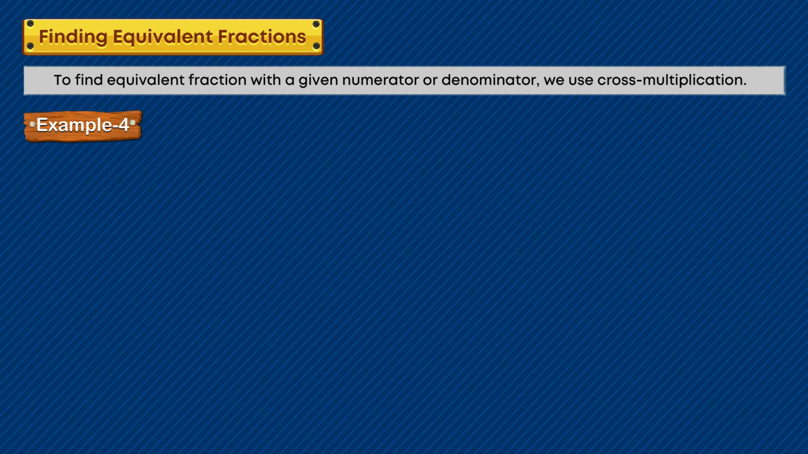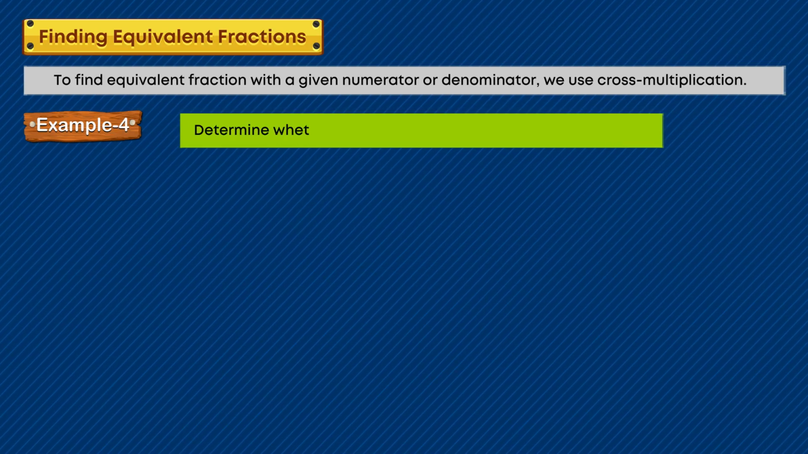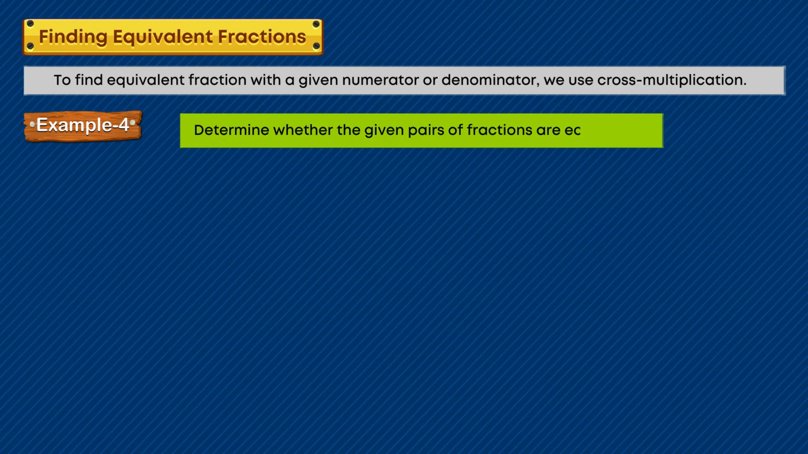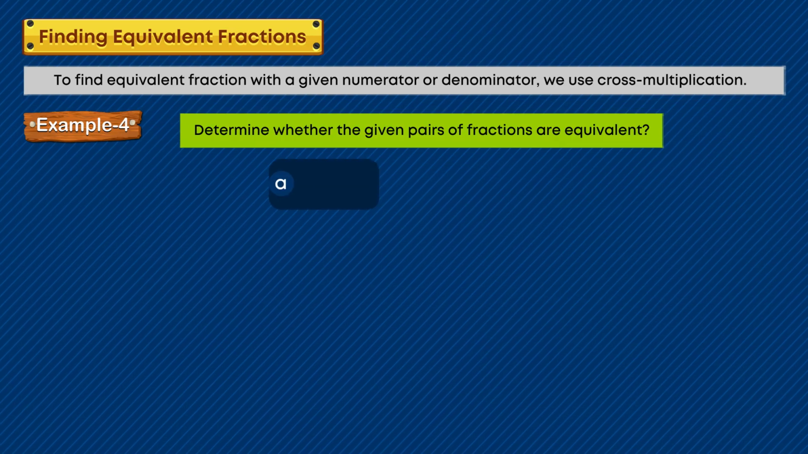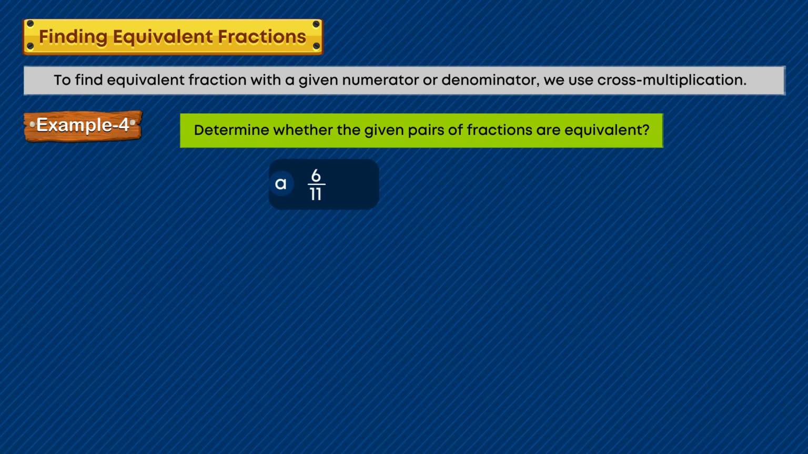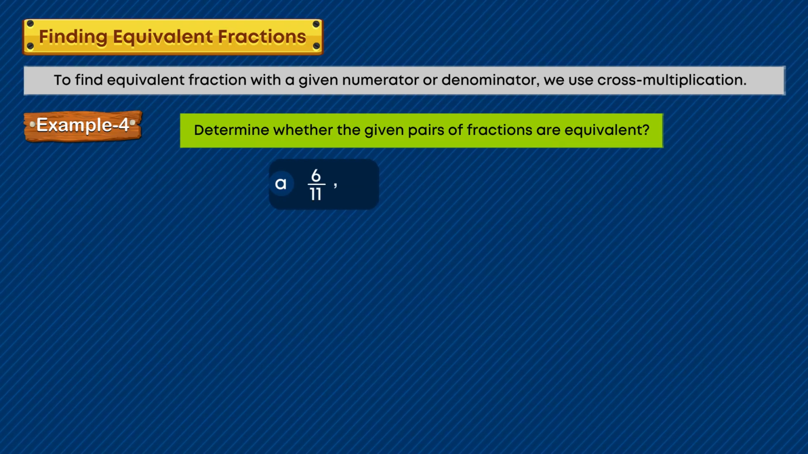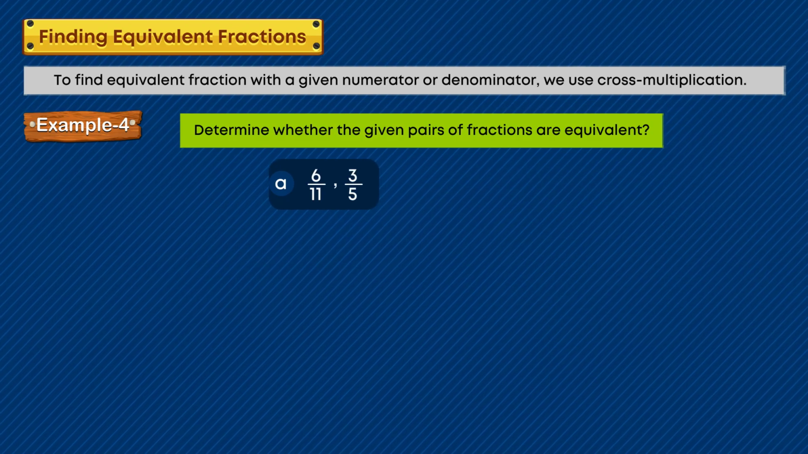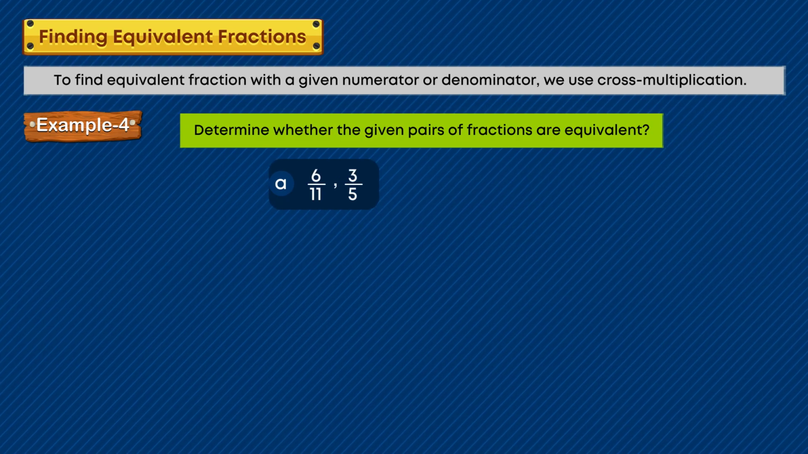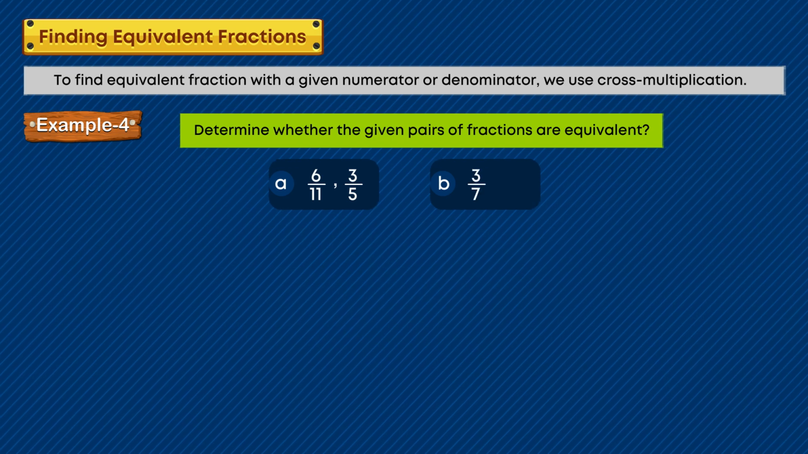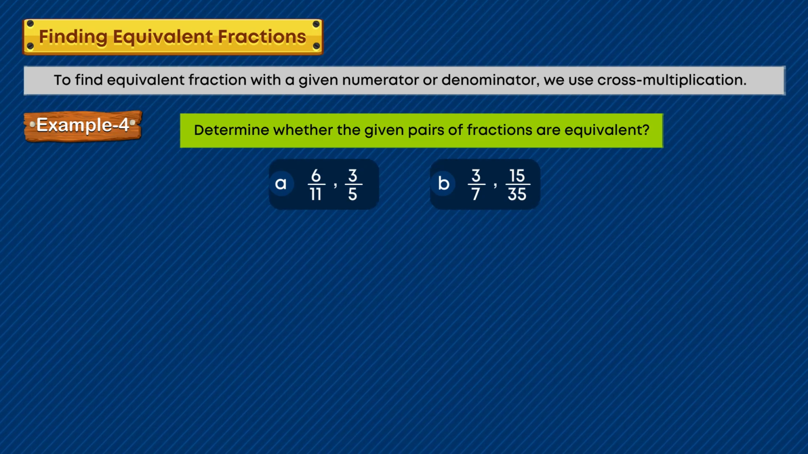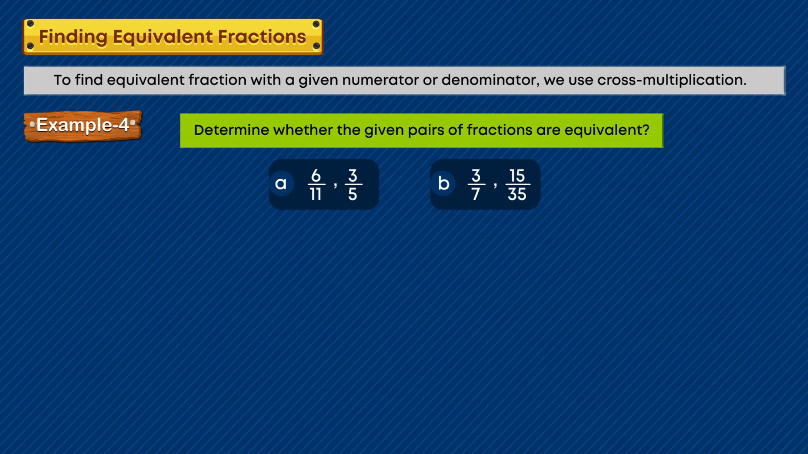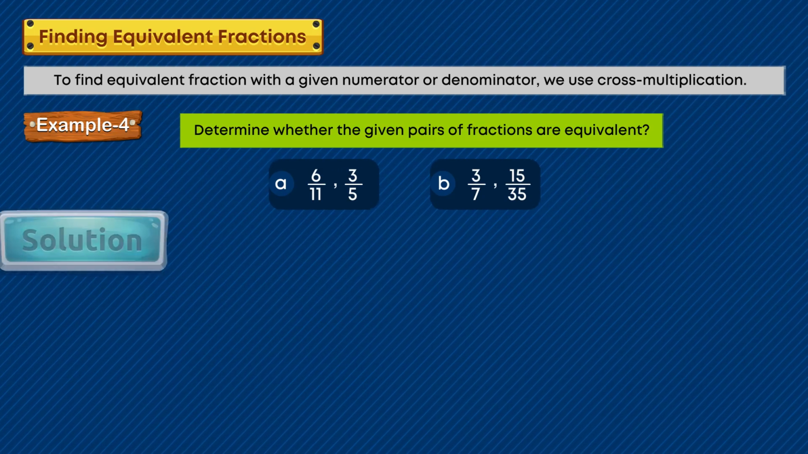Example 4. Determine whether the given pairs of fractions are equivalent. A. 6 by 11, 3 by 5. B. 3 by 7, 15 by 35. Solution: